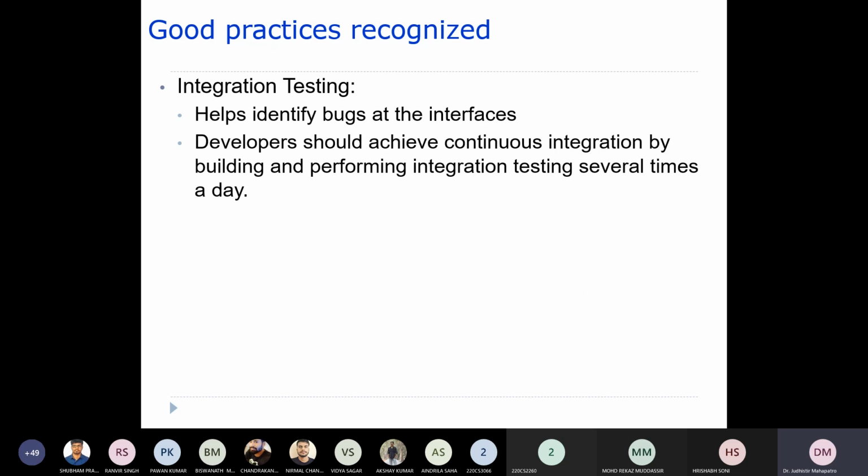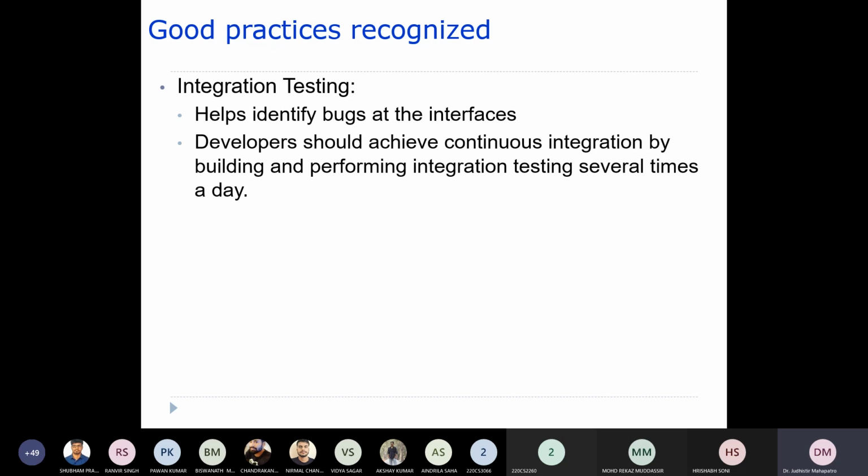Now the other good practice here is integration testing. You should always try to identify the bugs at the interfaces, because only when you integrate these modules will you be able to see bugs at the interfaces, right?